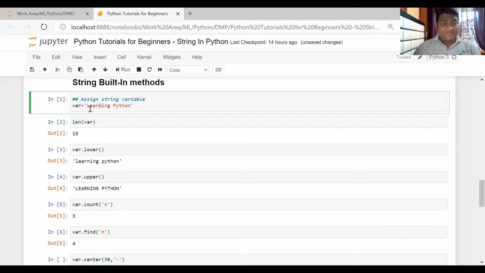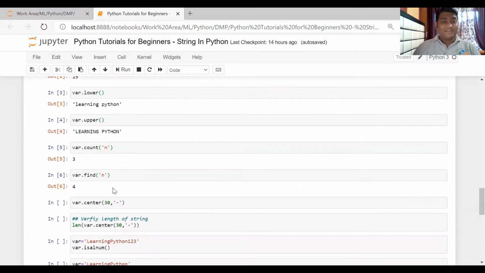You can see it has returned 4, since this is 0, 1, 2, 3, and 4. So n is present at position 4. But note that it is also present at the 6th location and the last location, that is the 14th location. The functionality of the find function is that it always returns the first occurring position. The first occurring position here is 4, and that is why it returns 4.